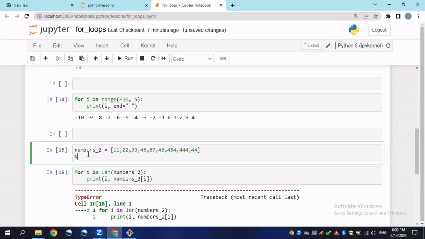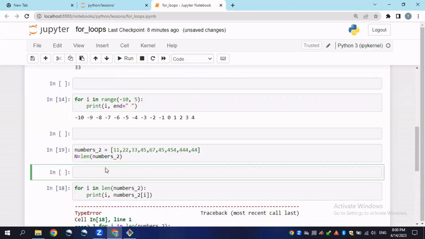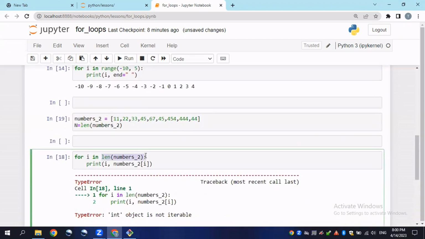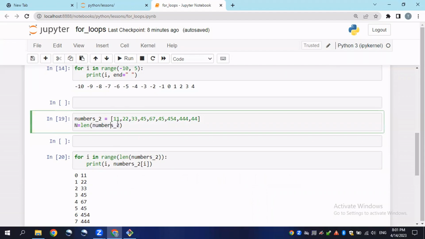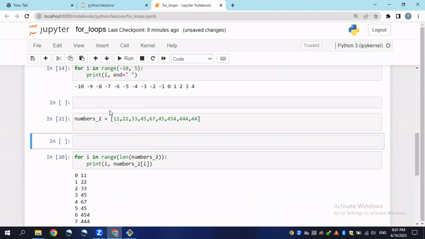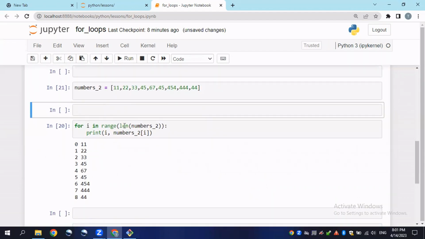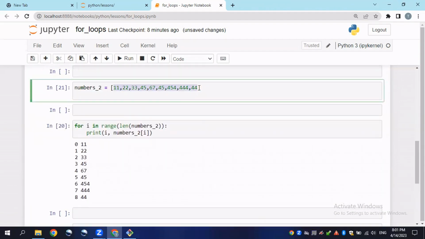Let's just define the variable here, equals len numbers 2, alt enter, and here I will type in the range. Oh, I forgot to put the range here. I will have to put the range function, and now it will work fine. I don't even need to check it here. You could see that just by typing this function, it will print all these elements which are located inside of